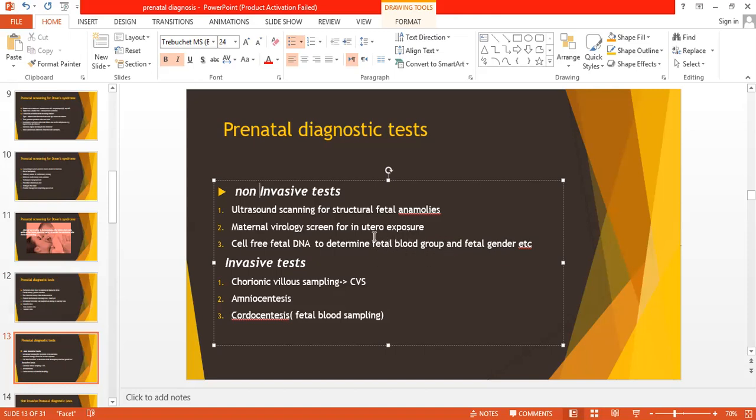ठीक है, अभी जो आपके साथ डिस्कस किया था, fetal blood group is important in those cases in which RHD alloimmunization is suspected, and fetal gender जब congenital adrenal hyperplasia आप सस्पेक्ट कर रहे हो, ठीक है, उसमें जेंडर बहुत जरूरी हो जाता है। ठीक है, if the fetus is male तो उसका इन यूट्रो एक्सपोजर टू एंड्रोजेंस कोई इफेक्ट नहीं करता। ठीक है, but if the fetus is female, then exposure to androgens will cause masculinization of the female fetus। ठीक है, so fetal gender मालूम हो जाता है।